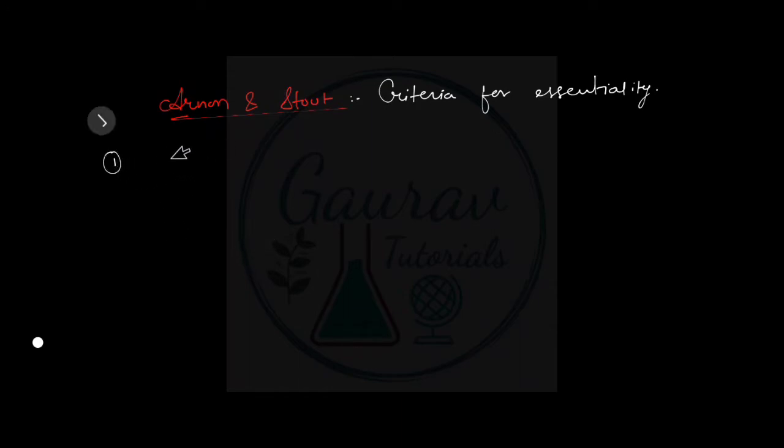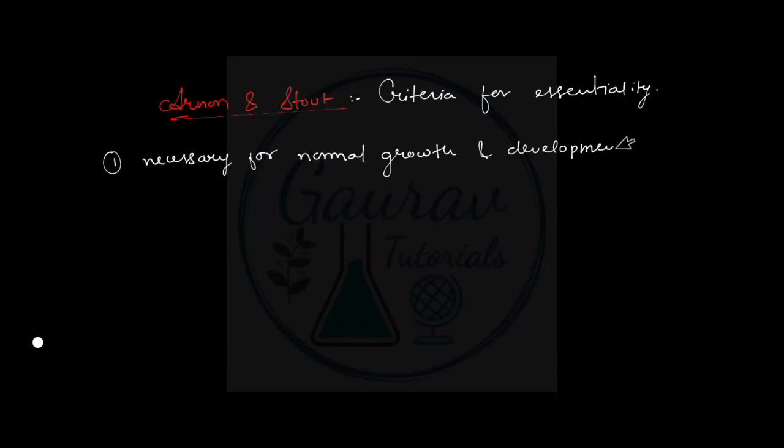First, these elements must be absolutely necessary for the normal growth and development of the plant. They must be readily utilized and can influence the growth as well as the development of the plant. If these elements are not provided, we'll find that the growth and development of the plant would be affected. So this is one of the points using which we can classify an element as